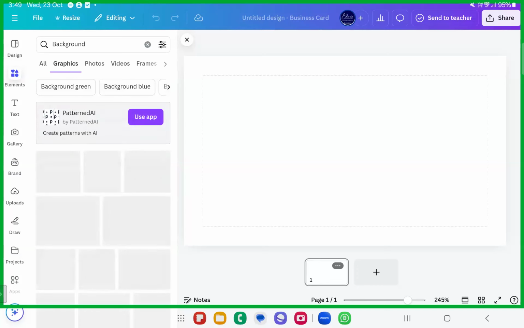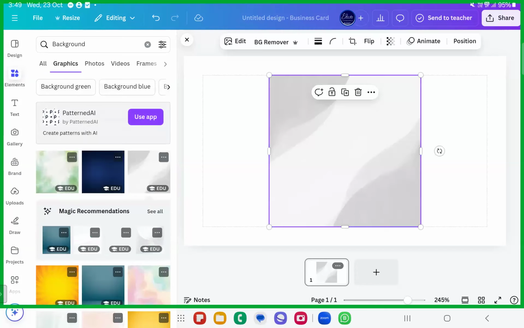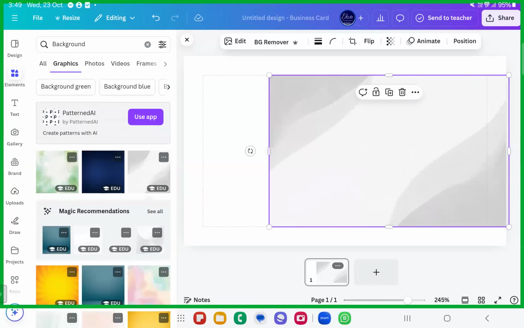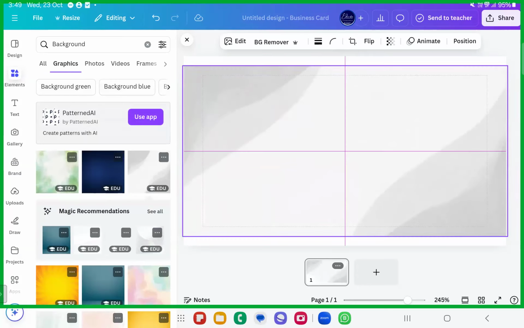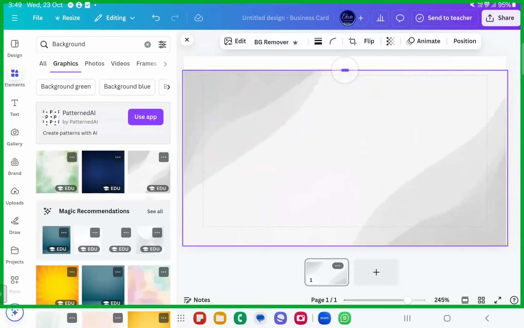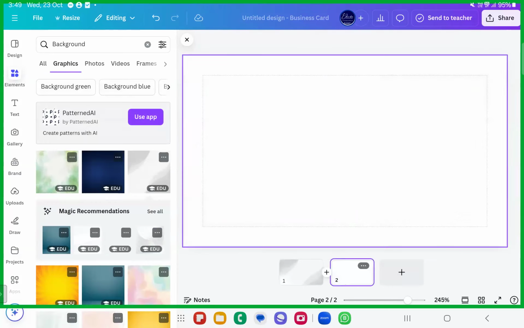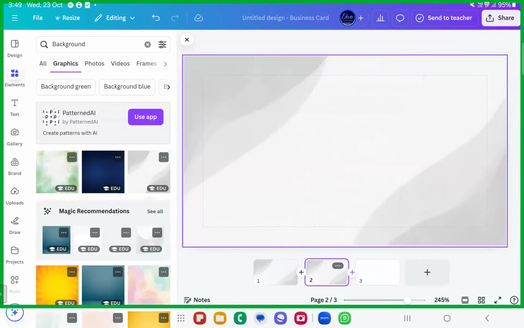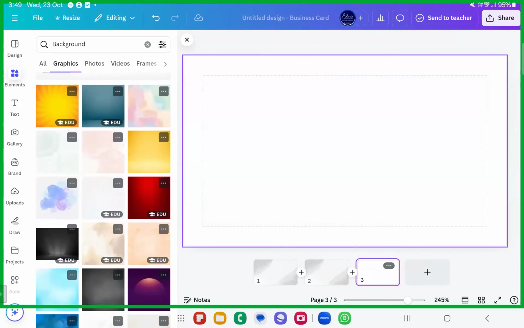Okay, so let me just see it all. You have something like this. If you want it lightish, you can just go ahead and create it like this. Let's create one business card with a lighter version, another with a darker version. Remember, a business card is on two sides. Hopefully you know that it's on two sides, one is the top and one is the back. One business card requires two of these, so this one should be duplicated. Duplicate page. Okay, one, two. That's enough. Then we'll go ahead and see something more beautiful.